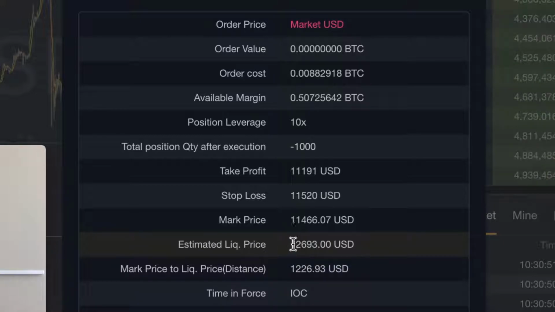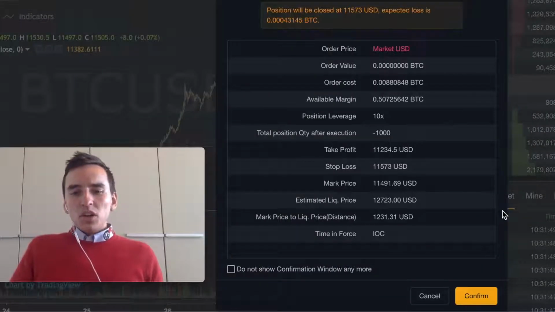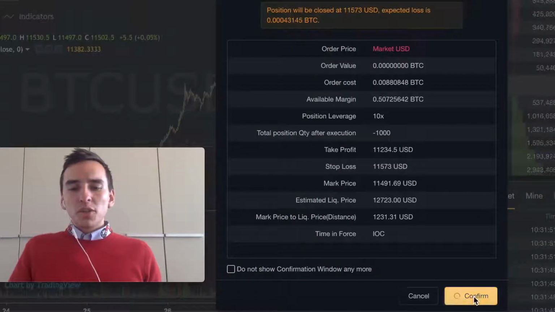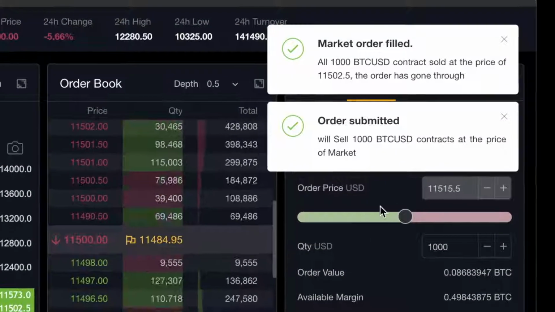Make sure that you are okay with this liquidation price, because if the Bitcoin spot price actually reaches this level, you will be exited out of your position, you will be liquidated, and all of the Bitcoin that you used for this specific position will be lost. But if we agree with all of these terms, we just click confirm, and there you can see market order